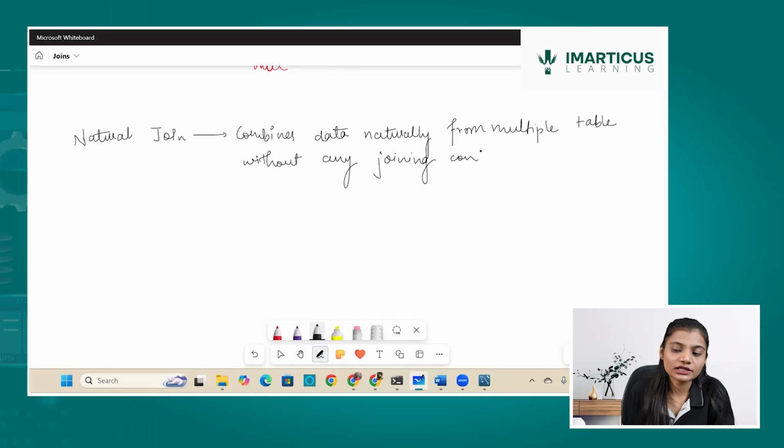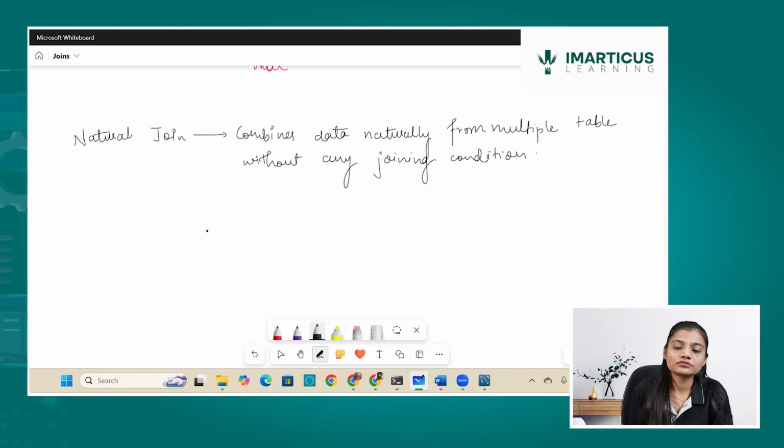It will not require any joining condition to be there. There is no joining condition required. It will naturally go and search for the same data and then try to get it into the result set.